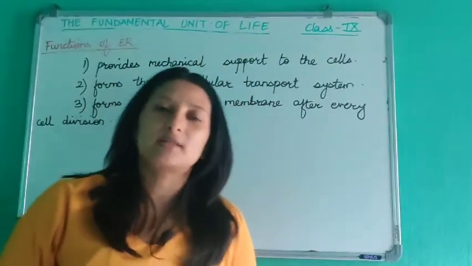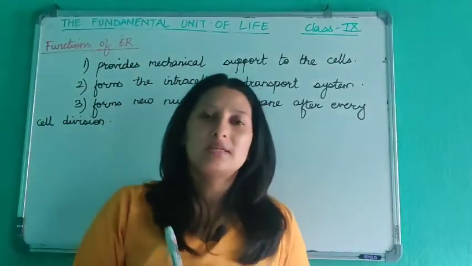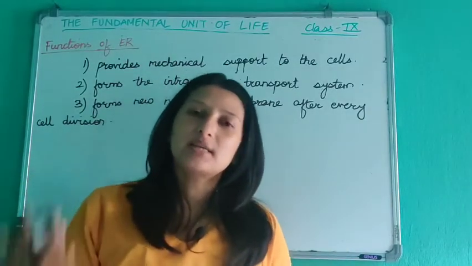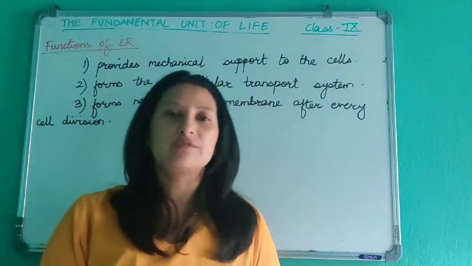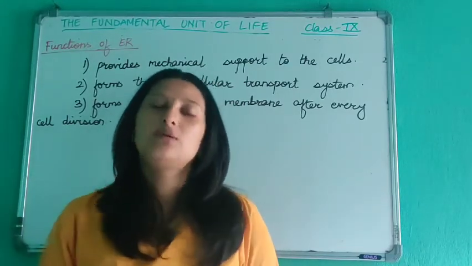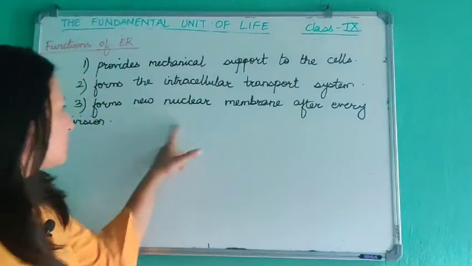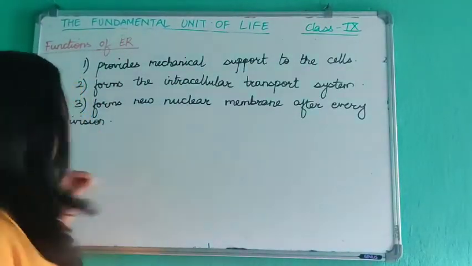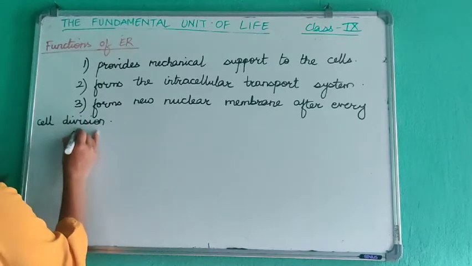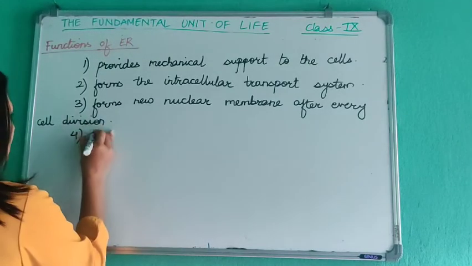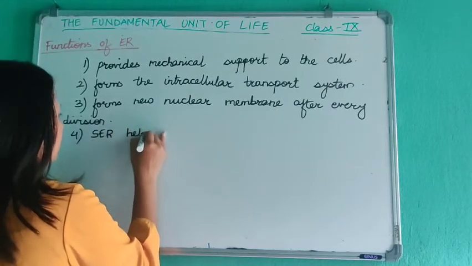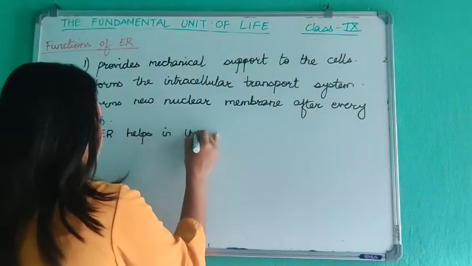व्हेन अ सेल डिवाइड्स, सेल डिवाइड हुनु भनेको सेलको नम्बर बढ्नु, एउटा सेल डिवाइड भएर दुईटा बनिन्छ. सो व्हेन अ सेल डिवाइड्स द न्यूक्लियस अल्सो डिवाइड्स. अनि न्यूक्लियस डिवाइड भएपछि इट हैज टु बी कभर्ड बाय द न्यूक्लियर मेम्ब्रेन एन्ड दैट न्यू न्यूक्लियर मेम्ब्रेन इज फर्मड बाय endoplasmic reticulum. The fourth function of endoplasmic reticulum is that smooth endoplasmic reticulum helps in the synthesis of,